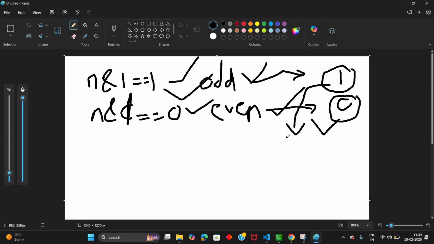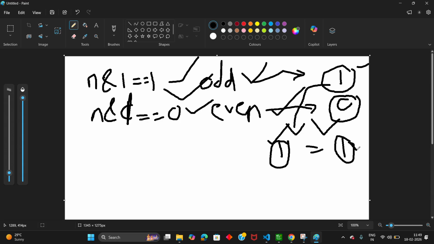Whenever you use the AND operation to check the LSB bit with 1, for an odd number the result will be 1, because the LSB is already 1 and you are ANDing it with 1, so obviously the result will be 1.